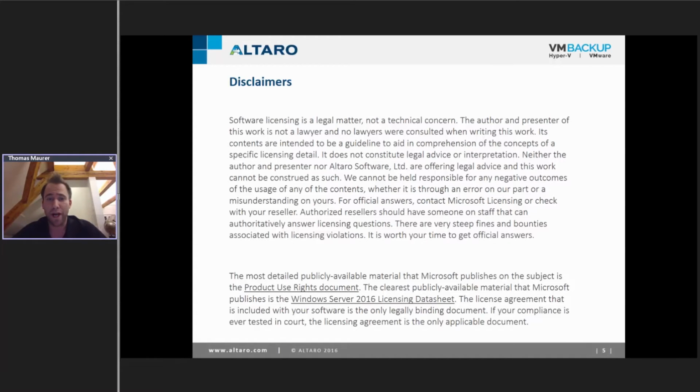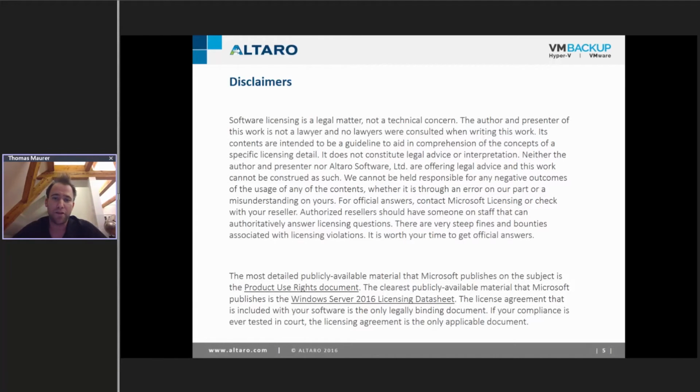But if you want it done right, or you want to make sure that you're licensed correctly, please contact Microsoft or your reseller to connect and get some real information. They will check and help you to get licensed the right way. If you want to be a little more sure, please use the product use rights document from Microsoft.